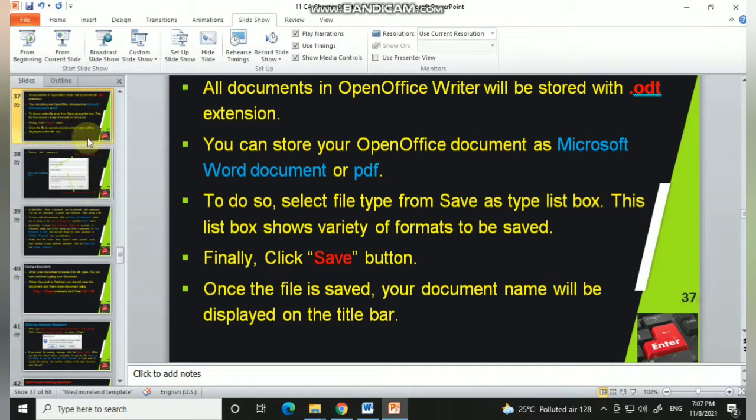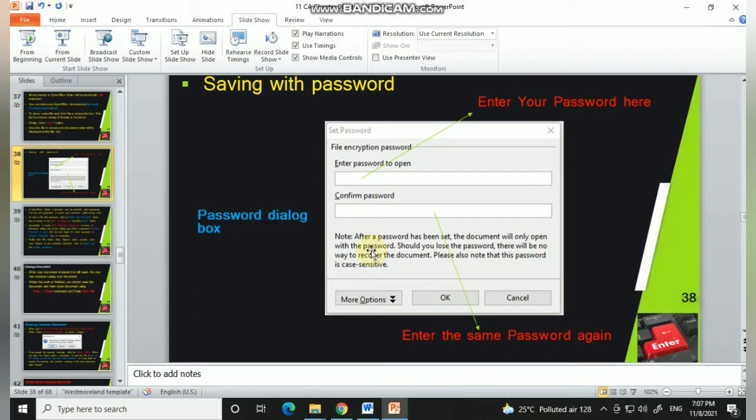Okay, then the next one is how to save your file with a password. This is another feature which you can use in the save option. Here is your password dialog box, and here you should enter the password and reconfirm your password, and this may differ from version to version.